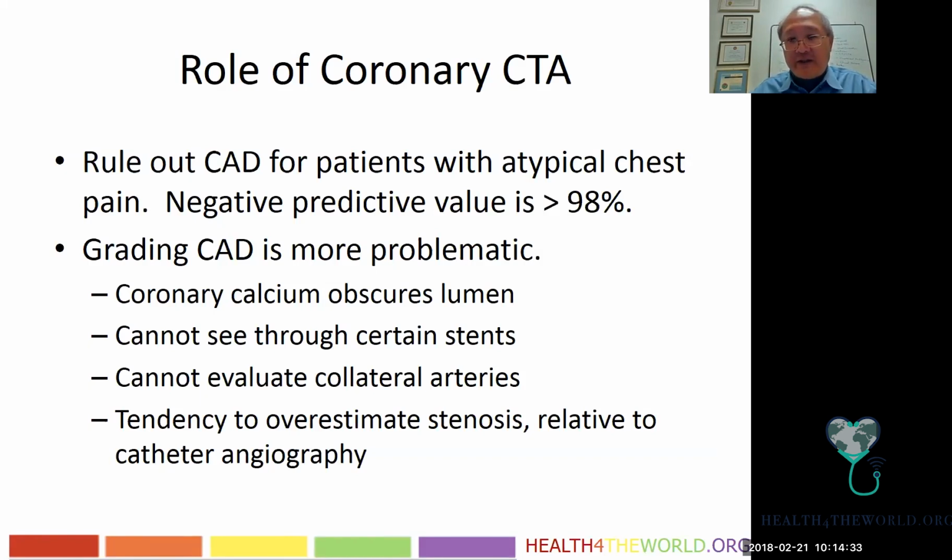When patients are stented, certain types of stents, especially stainless steel stents, we often cannot see inside on X-ray, cannot get through inside to produce a yes or no about the luminal patency. And then we cannot evaluate collateral arteries. When there is long-standing ischemia or even infarction, collateral arteries may develop in a chronic setting to allow other parts of the myocardium to get nourishment